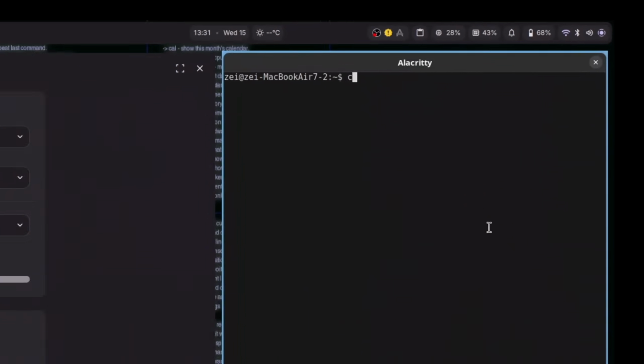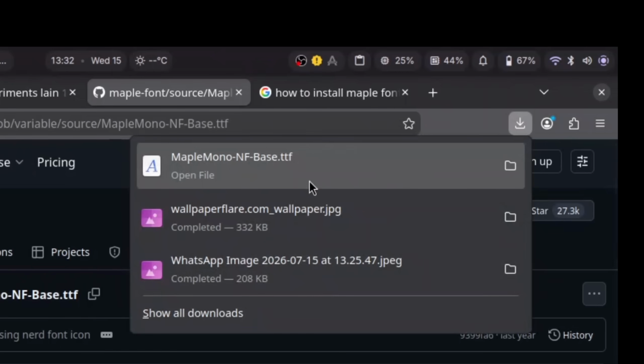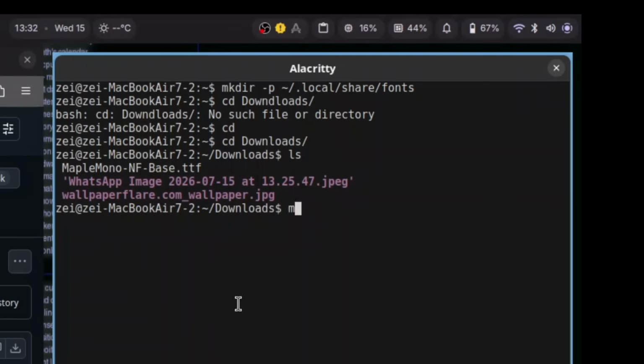Open my terminal again. CD into downloads. Wait, I don't see it here. Dude, it's already downloaded. What? Dude, why isn't it listed? Oh, never mind, it's listed here, but the text was just the same color as the top, so I thought it wasn't listed. Okay, we're gonna do mv the font mono into local